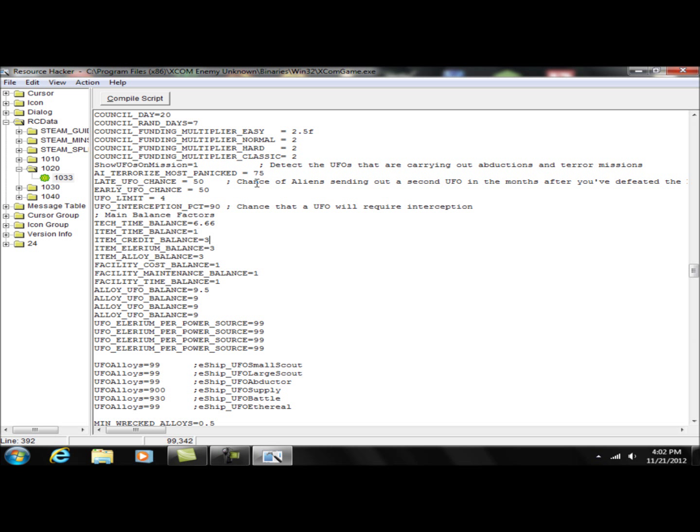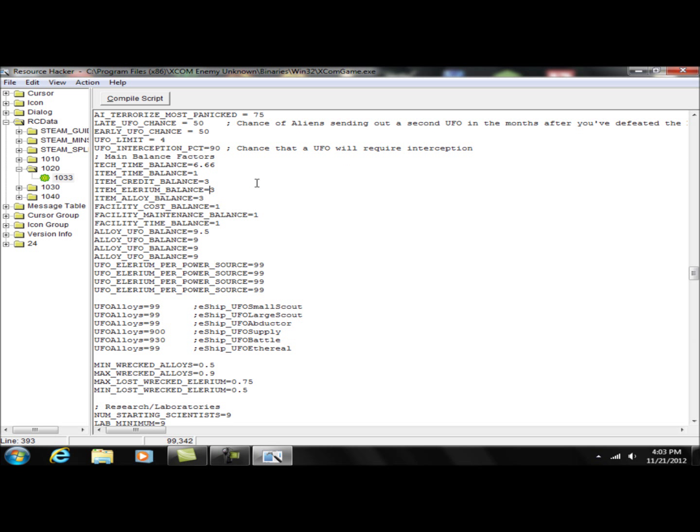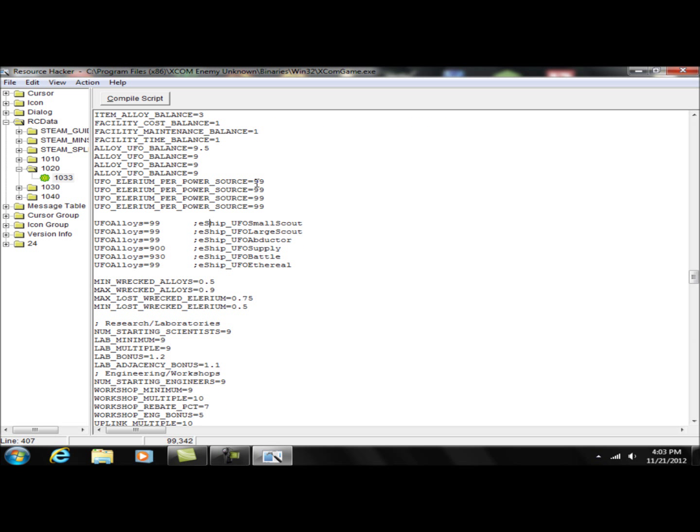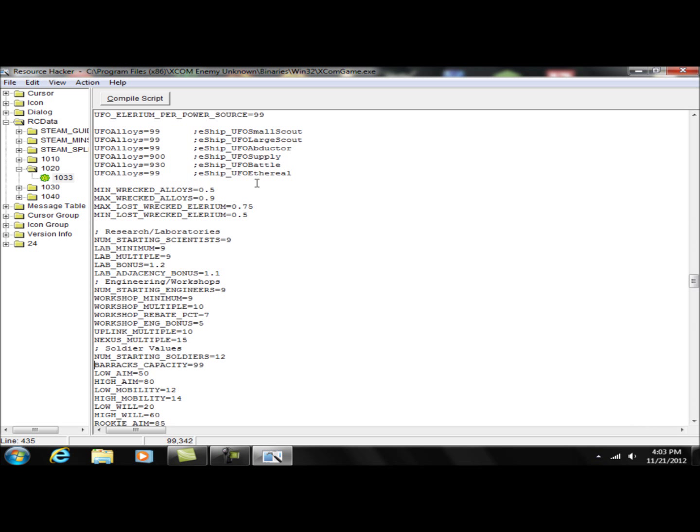Main faction, tech time, item credit, Illyrium credit, blah blah blah. UFO Illyrium per power source, I set that up really high. You can change it so that I just changed all these to 99 for alloys because I would have set it up to like 999, but you know. So yeah, you can change it like UFO Illyrium per power source. You can change that to like 1,000 since I've noticed that I was running low on Illyrium even with the modded game file. So